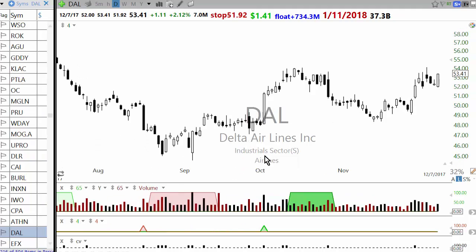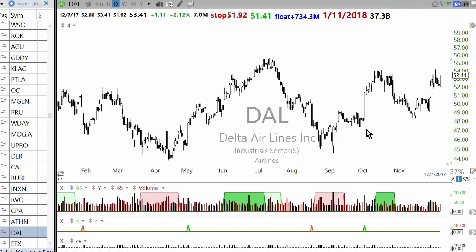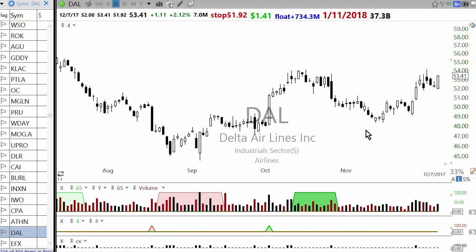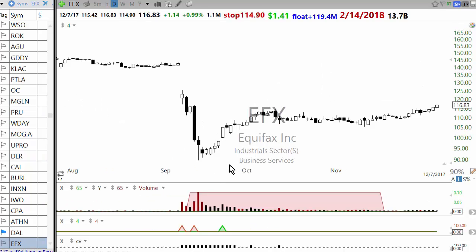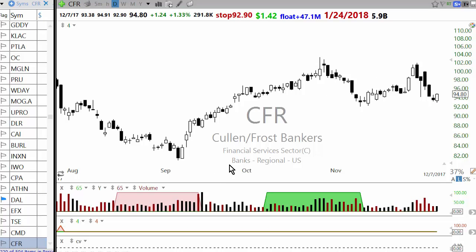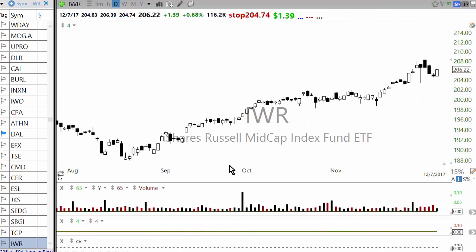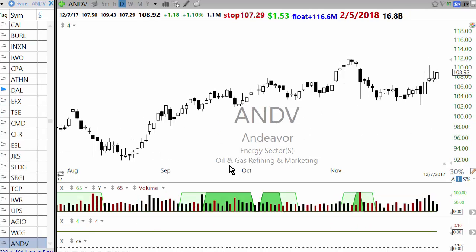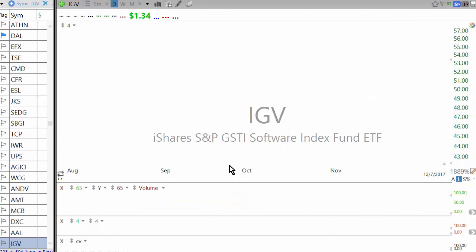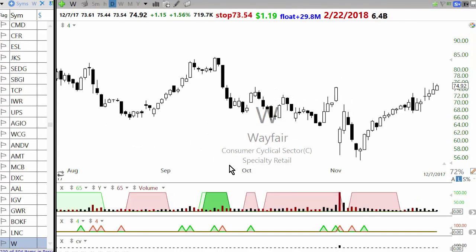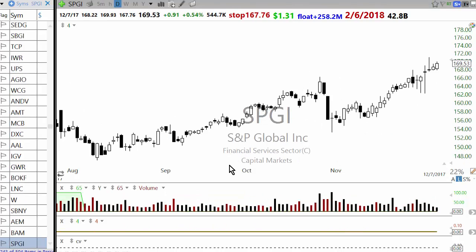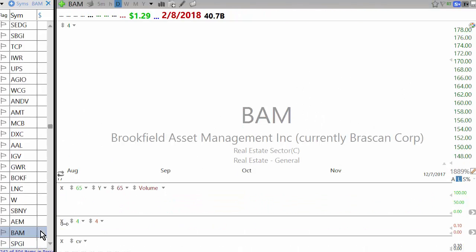See, a lot of airlines were up today. This Delta airline also, this can still work. This is a large stock, float is 734 million, so it may not be a fast moving stock, but that's not a bad setup. There was another airline there, AL, which I didn't really select, but